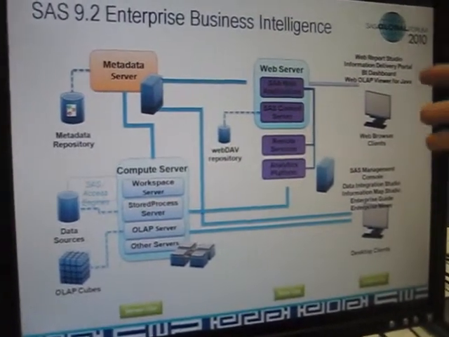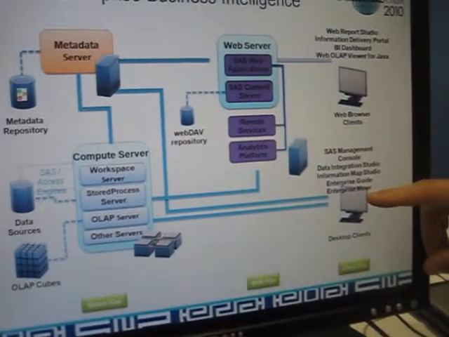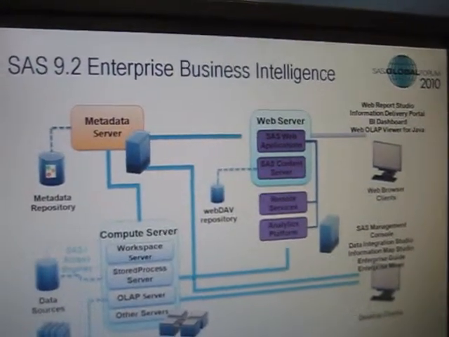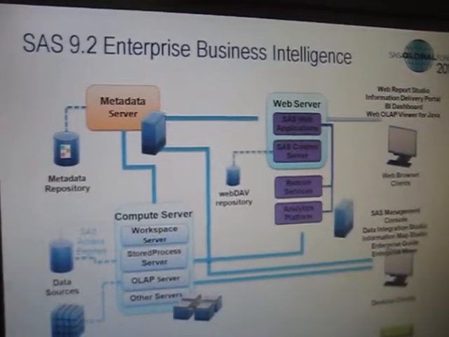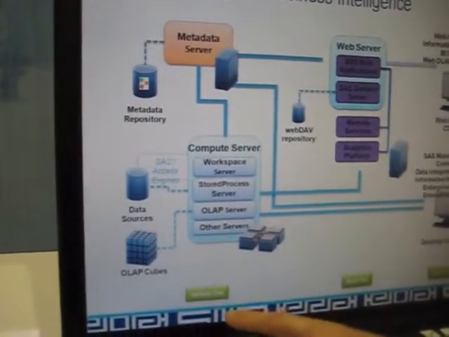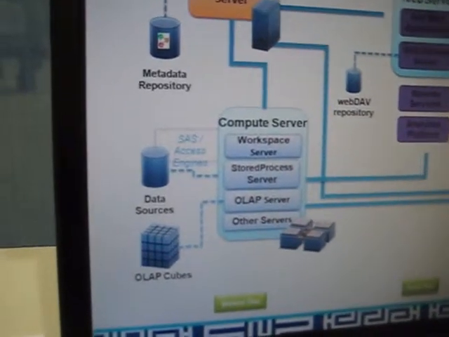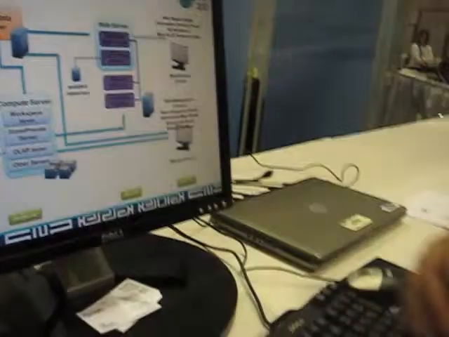The SAS applications that can participate in the grid include Enterprise Miner, Enterprise Guide, or DI Studio, where you can surface this through our web application tier, where folks can submit workloads through a web browser and then perform the high-end analytics. And most of the heavy lifting for this particular architecture comes in this compute server environment that we see on the bottom left. We take the workload, we take the data, and then we'll split that up across multiple nodes